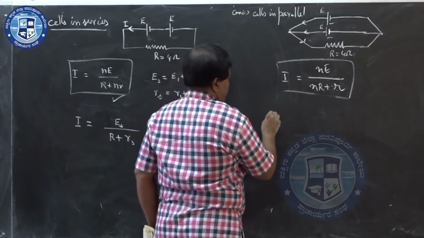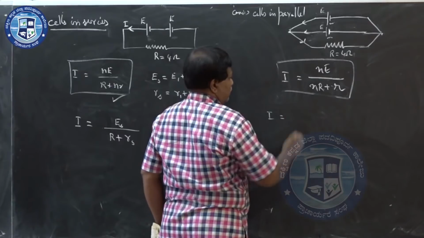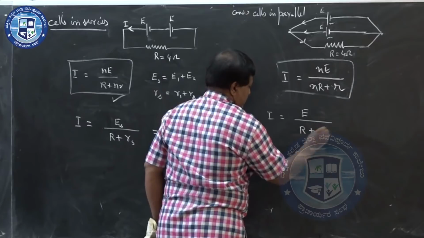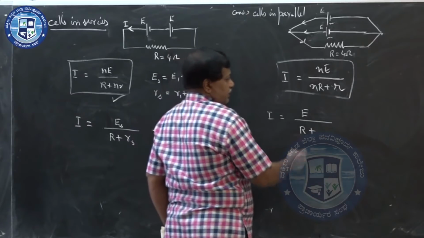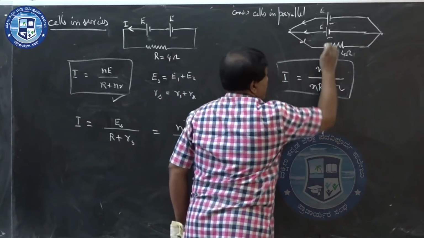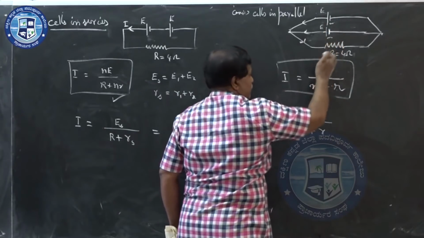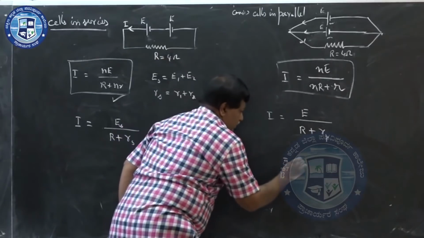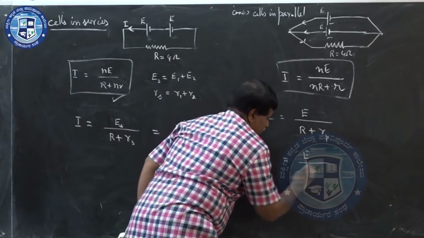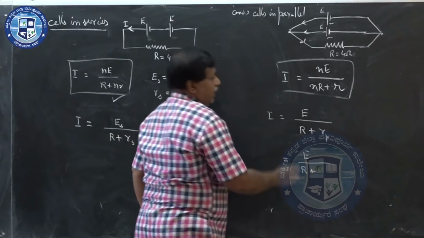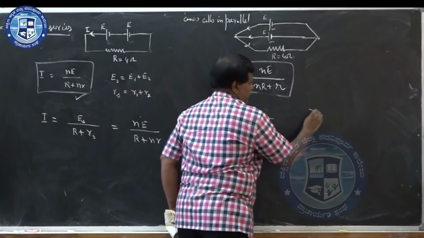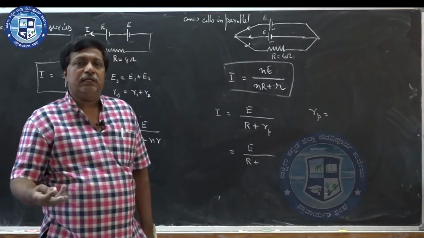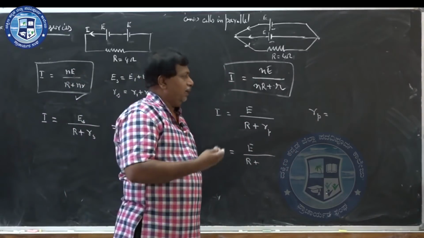So for this, I is equal to E divided by the external resistance plus the internal resistance, which looks to be in parallel, so it is Rp. Here, when N identical resistors are connected in parallel,